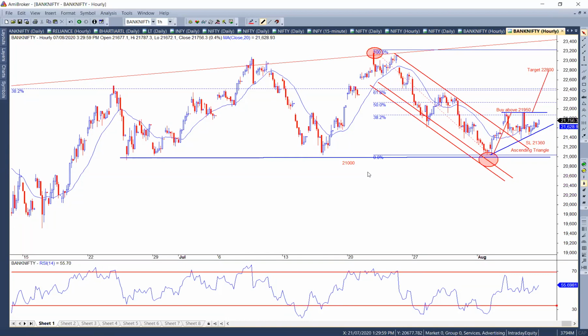The moving average is supporting on the hourly chart. Channel breakout is supporting on the hourly chart. The daily time frame suggests support at 21,000. On a daily bar technique, we can look at the daily bar technique also. So multiple techniques, if they confirm this, we get a classic buy setup from this ascending triangle pattern. That's how you should be looking at any chart and plotting it in a simplistic fashion without getting anxious about how to go about it.